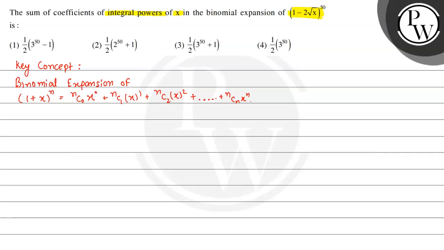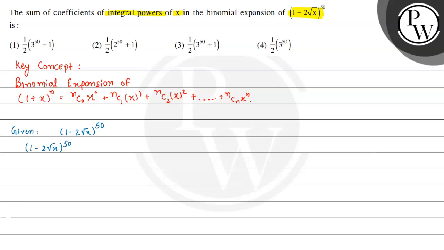Here we will use this concept to solve this question. We have been given the expression (1 - 2√x)^50. If we do the expansion of this term, then we will get